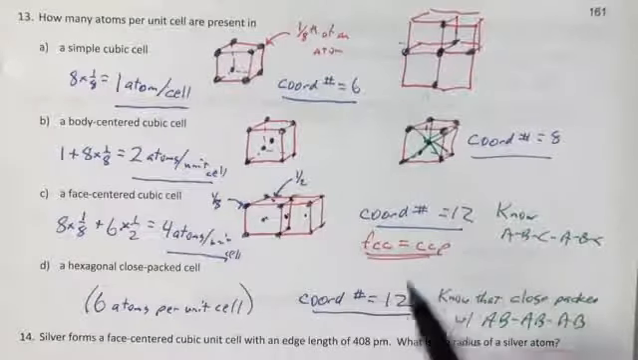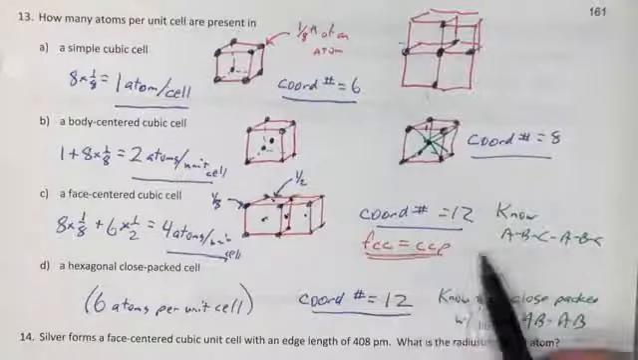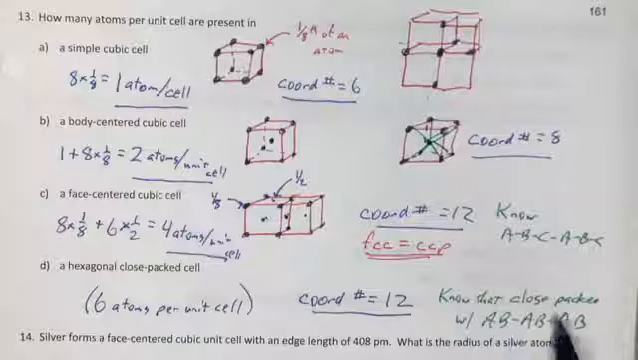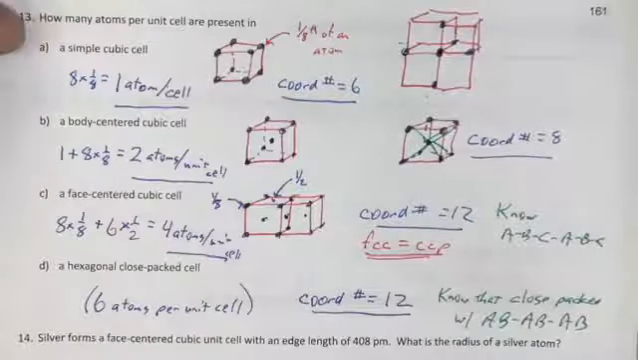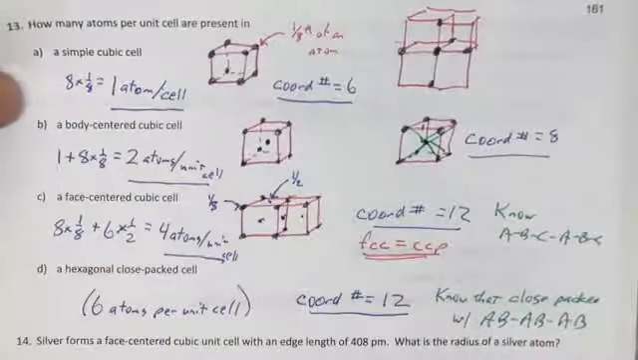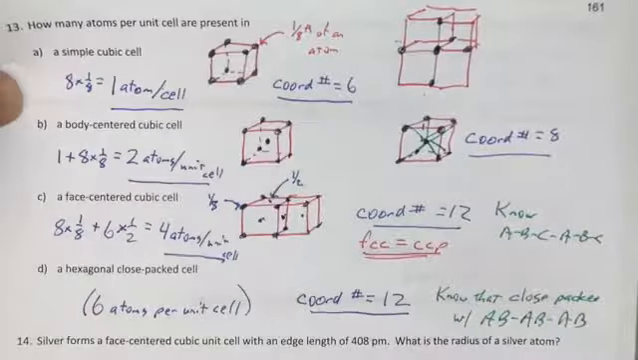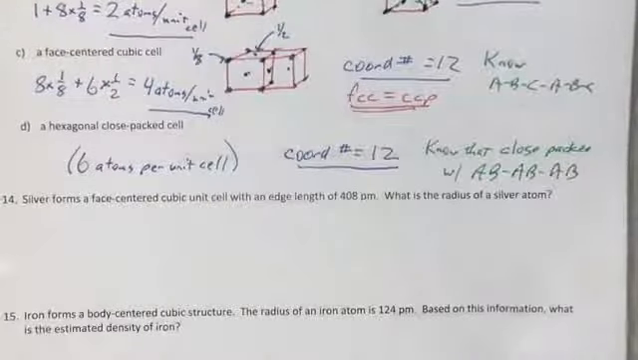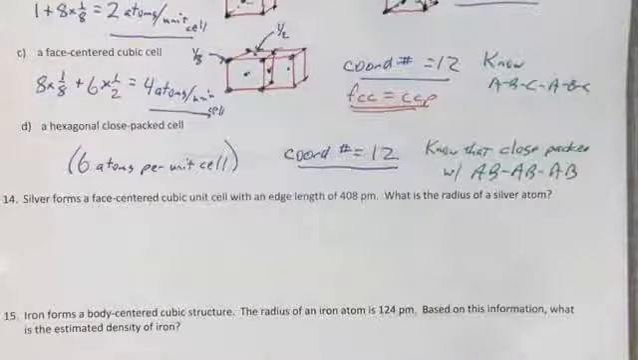I do want you to know that coordination number is 12 because that implies that you know what I mean by the ABC, ABC, or the AB, AB, AB structure. So that's what I want you to know from the basic cell structures. Now you can use these in calculations, and the next two show you 2 kinds of calculations. There are other calculations at the end of the chapter that illustrate what you need to do in order to